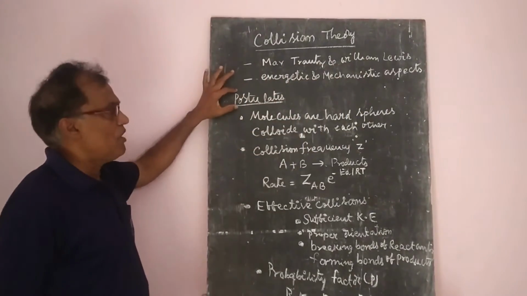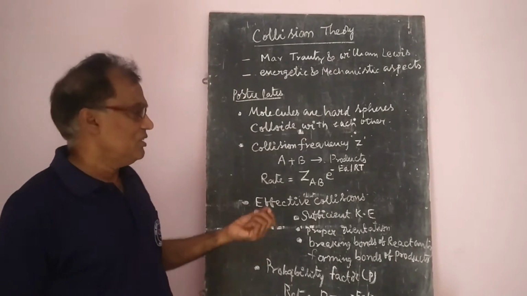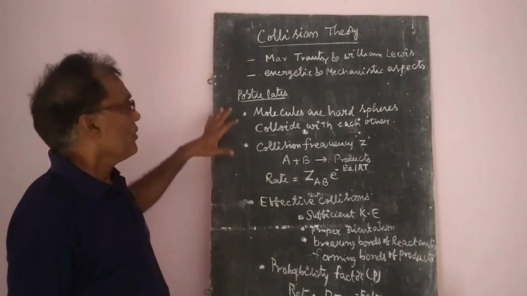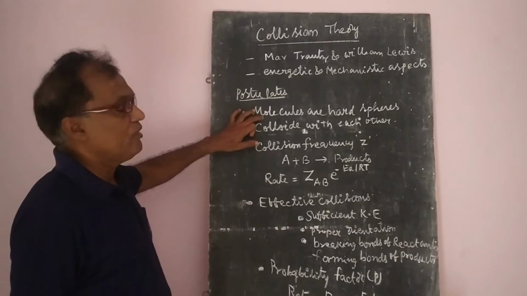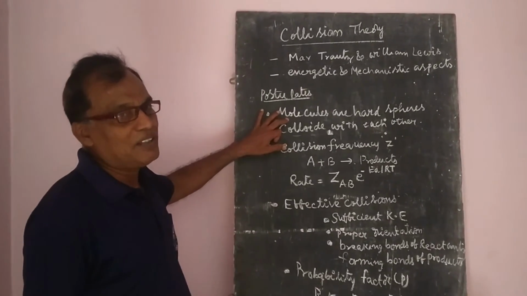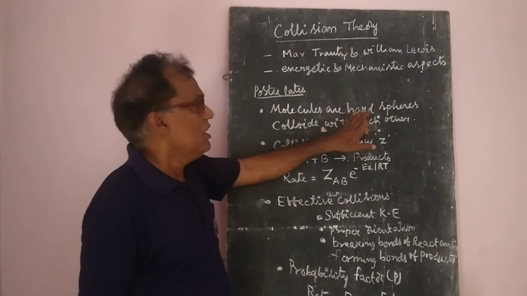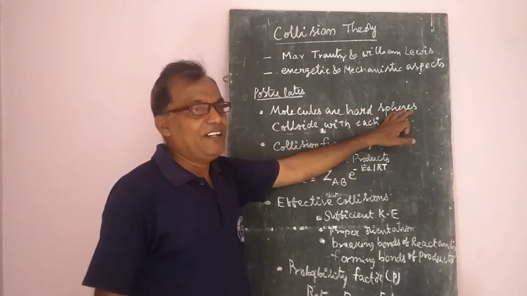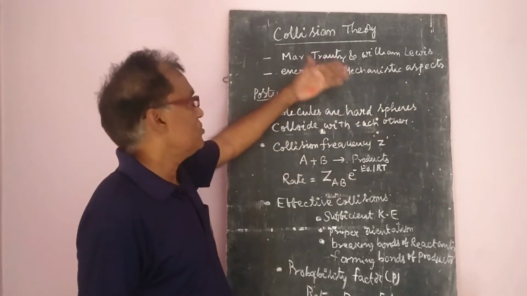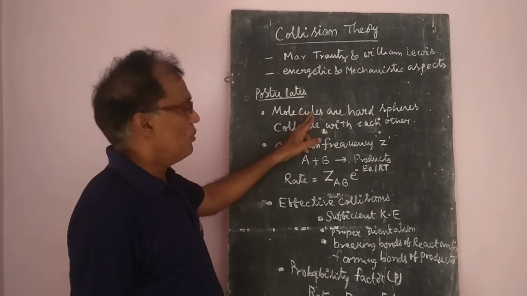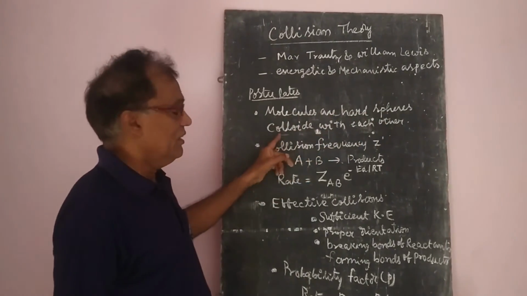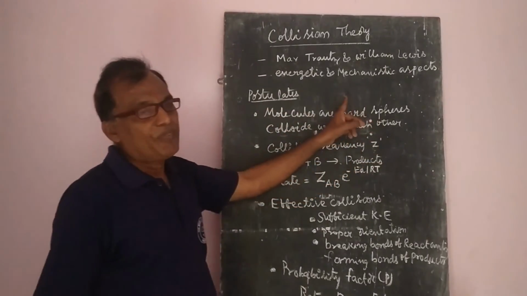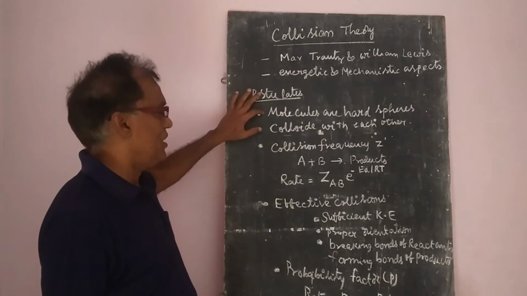So what are the important postulates in the collision theory? Let us discuss. This is the last topic, so you may get one more question from this collision theory. They proposed that the molecules taking part in the reaction are considered as hard spheres, because the same thing was proposed in the kinetic theory of gases also. It mainly depends upon the kinetic theory of gases. So molecules are hard spheres, and when the reaction occurs, only if the molecules collide with each other will the products be formed. That is the first postulate.